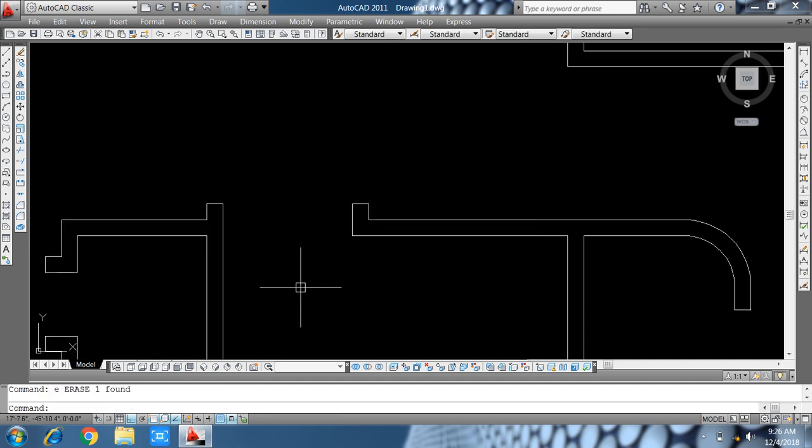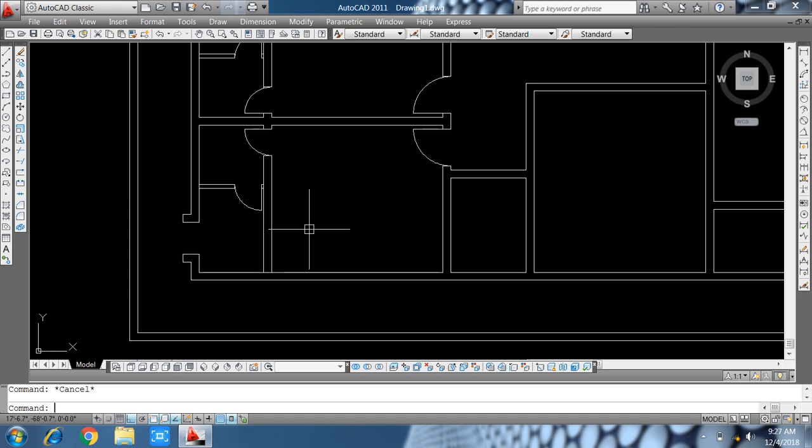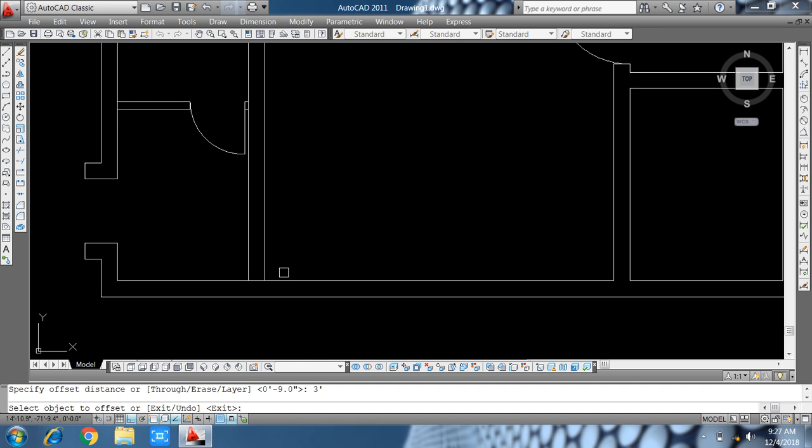Now make a wall here, window here, set 3 feet, 6 feet, trim here and offset 9 inch, extend here, extend here, extend here, and extend here, and now trim.